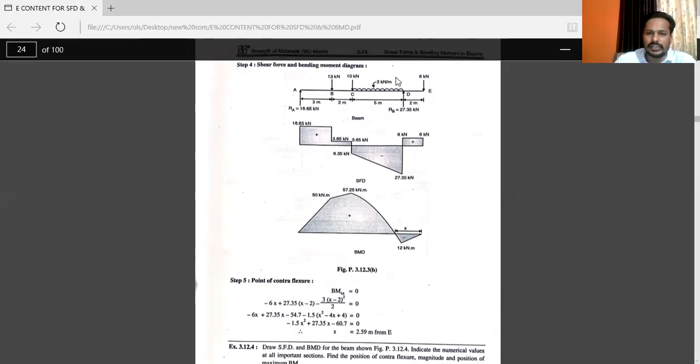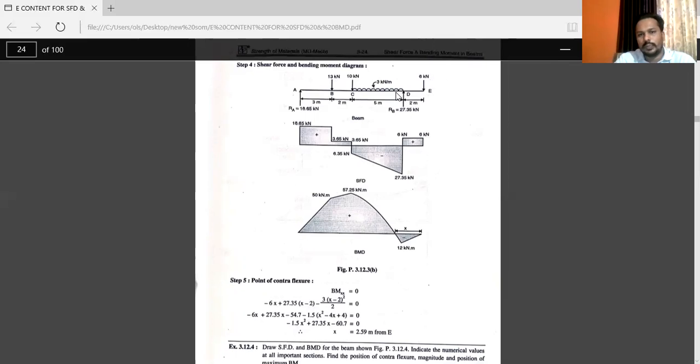From that XX section, consider the right side, meaning total distance from point E, that is X. So here, this 6 kilonewton is moving in hogging condition. So minus 6 into, already I told you, suppose that X point is here. Then from this X point to E the distance is X. So minus 6 into X plus